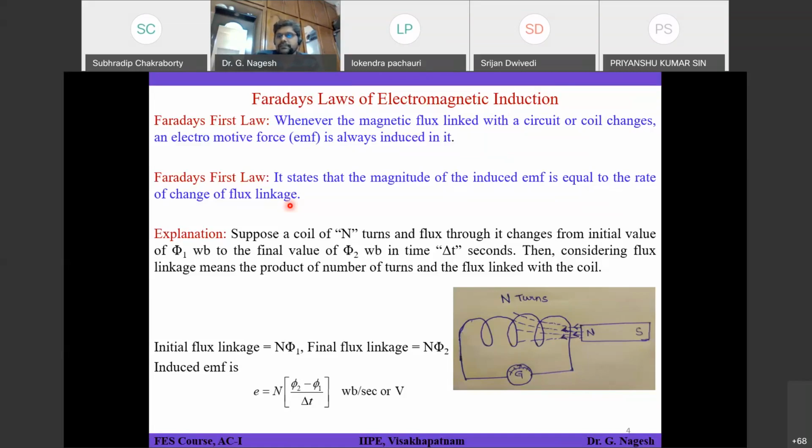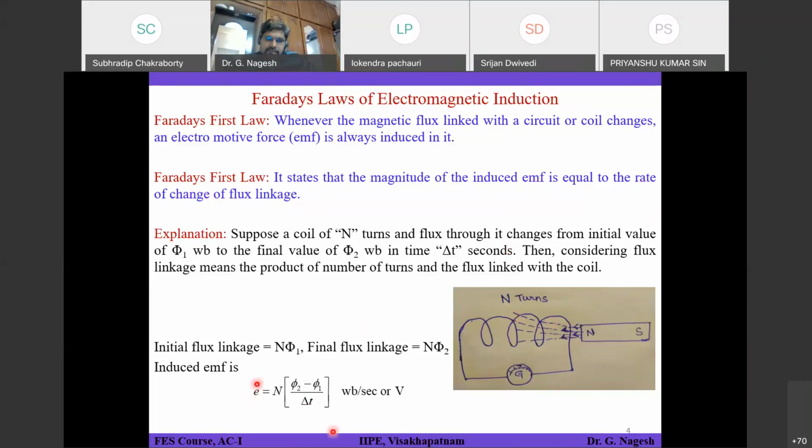Why? Because I am moving the bar away from the coil in the present circuit. So obviously phi2 will be something less than that if I am moving the bar away from it. If I come very close to it, it may increase, right? So the second law states that the change in flux equals the induced EMF, which is equal to the rate of change of flux, the change in flux with respect to time. So that's what the EMF induced in this coil is proportional to, right?